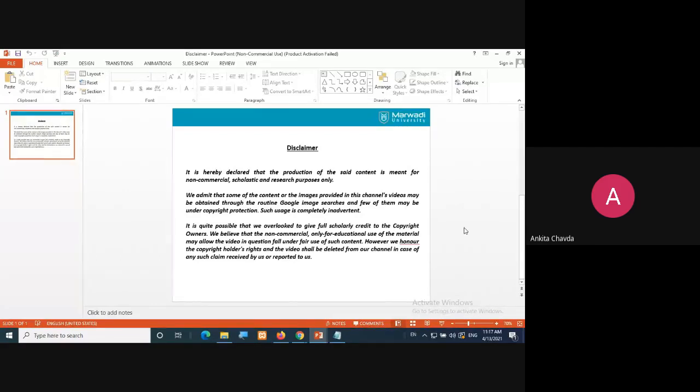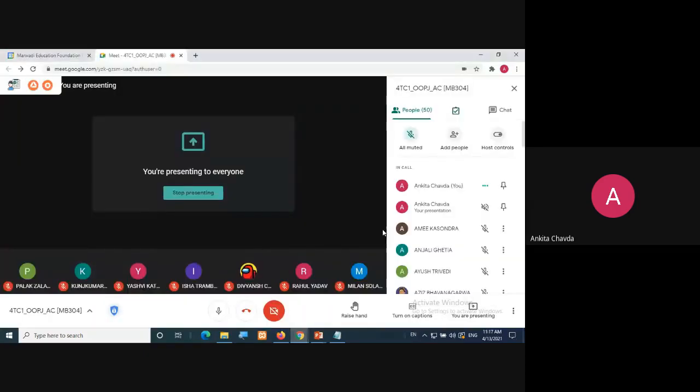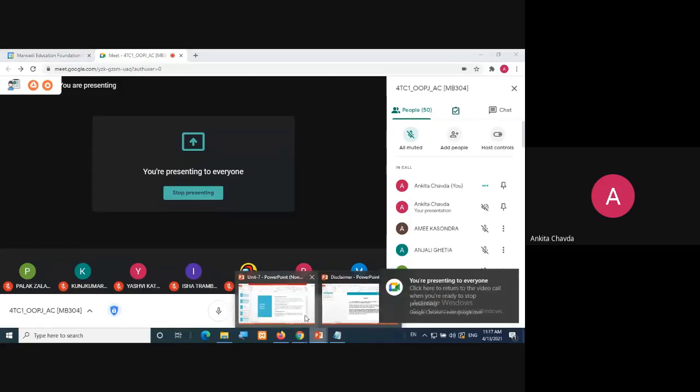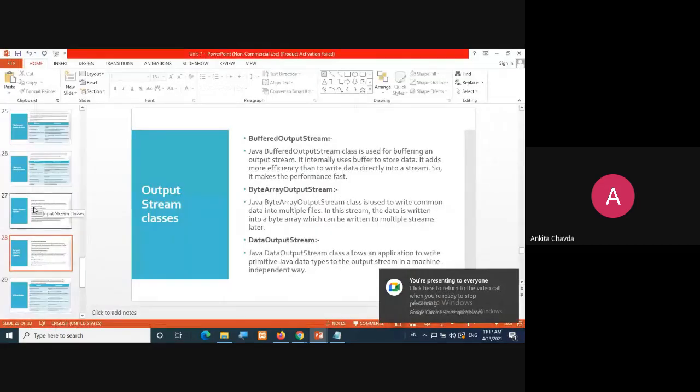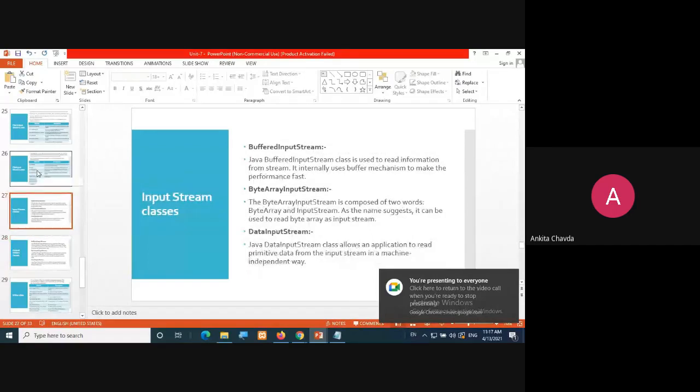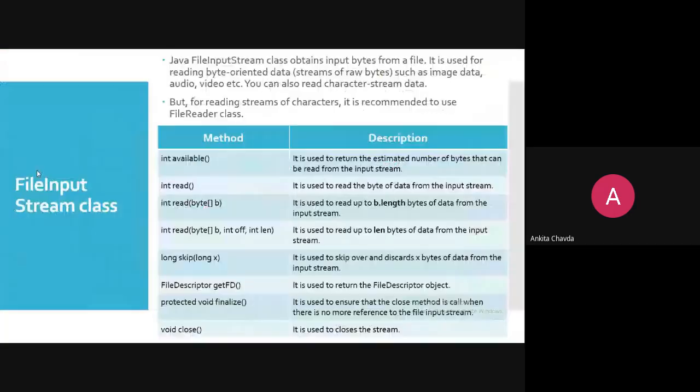All the contents and the programs are taken from Java T Point and Daniel Liang. Okay. Fine, my screen is visible, right? So this is what we have seen